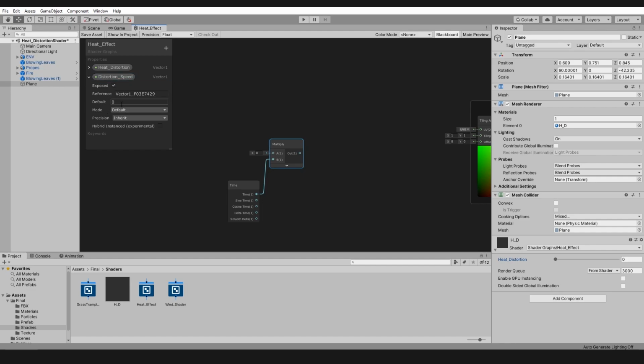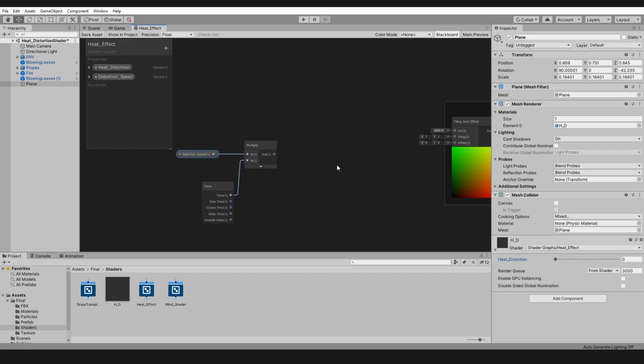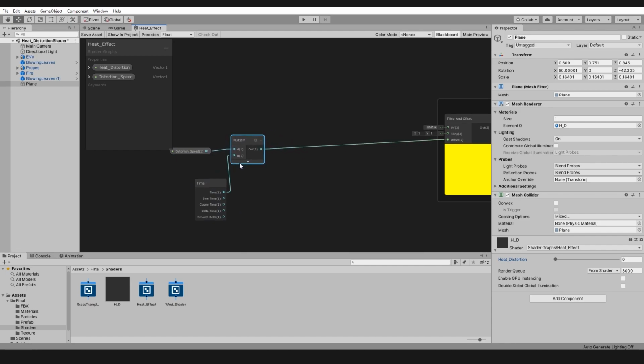Also convert it to a slider with a maximum value of 20 and a default value of 1. Now let's drag and drop it into the viewport and connect it to the A parameter of the Multiply node. Now just simply connect the Multiply node to the Offset input of Tiling and Offset.